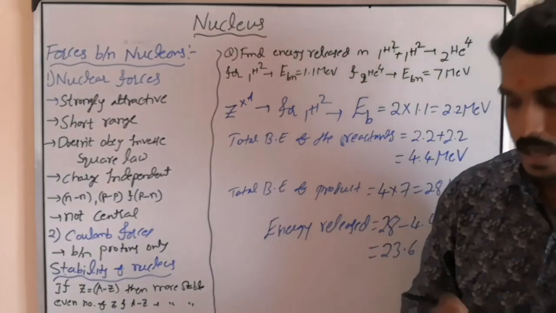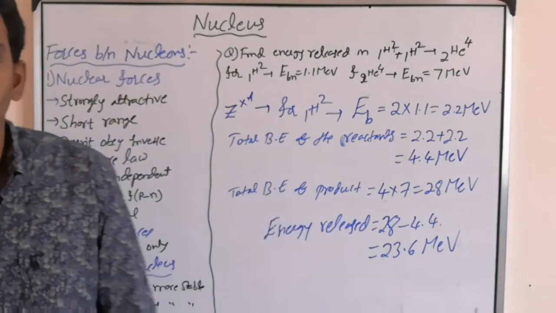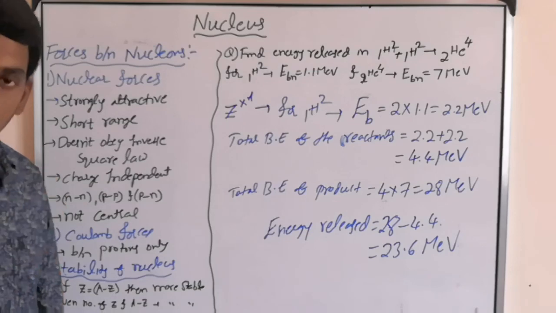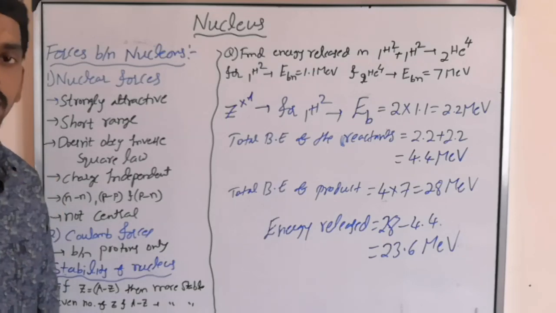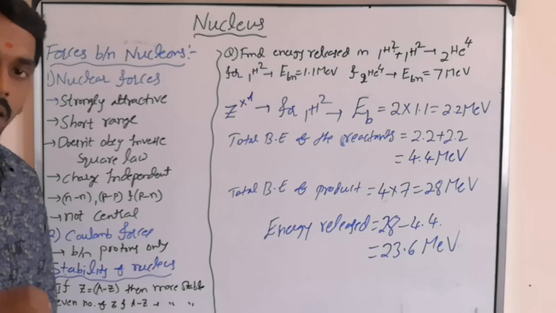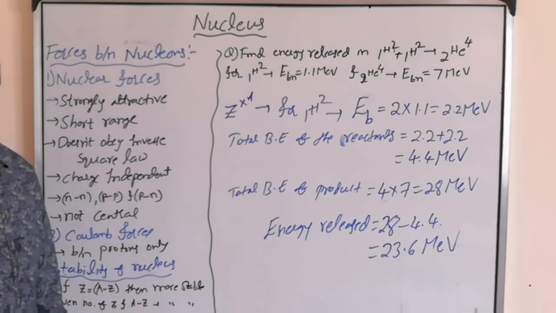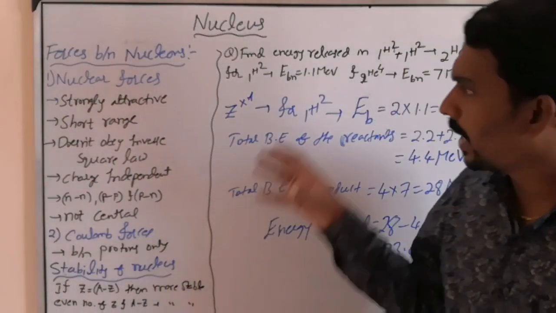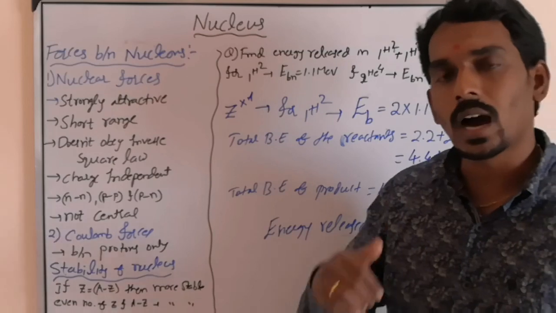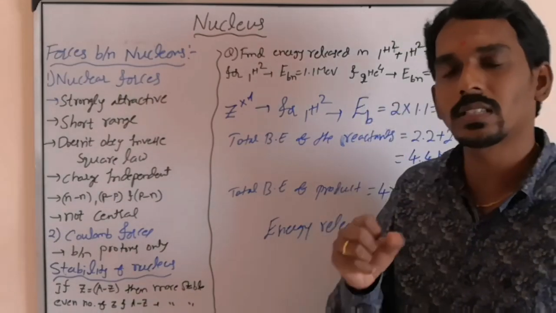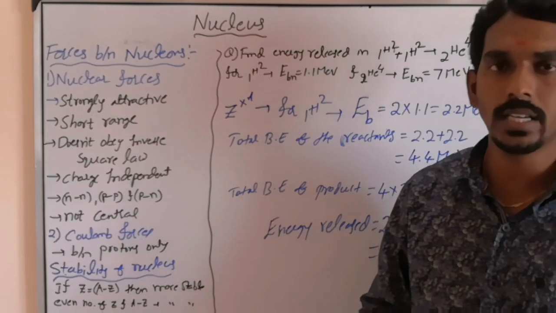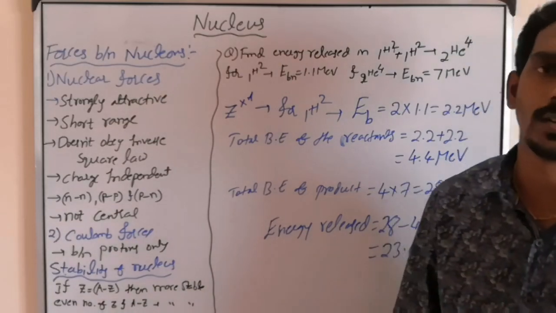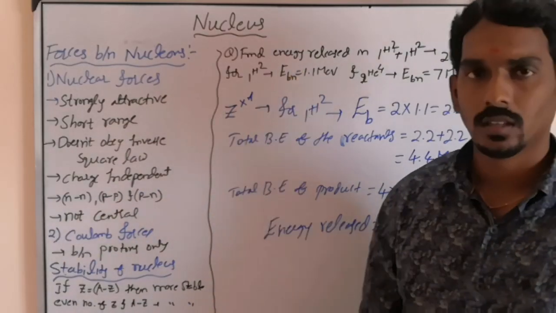Because in the first PU, in the first chapter, you will study the different types of forces that exist in nature, like electromagnetic forces, gravitational forces, strong nuclear forces and weak nuclear forces. Compared to electromagnetic or gravitational force, nuclear forces are very, very strong. That's why the atom is very stable. The nucleons are tightly bound. So that is what you need to remember.